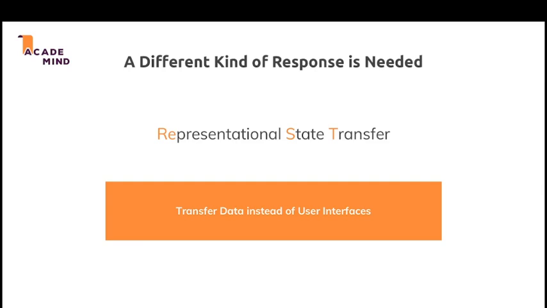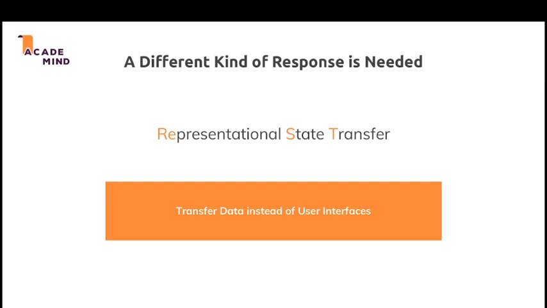We leave it to that front end to then do with this data whatever it wants to do. And thus far in the course, we always rendered the HTML page on the server, and that of course did not only include the data, but also already the user interface. And let me also highlight that this is not bad at all. It's a common pattern for a lot of web applications. But for other applications, you might want to build a decoupled frontend, or you might need to, and then REST